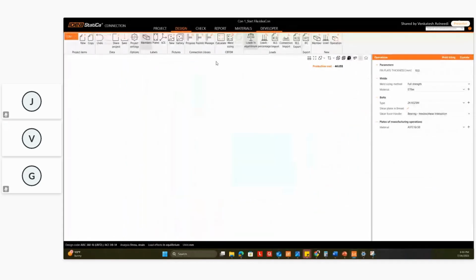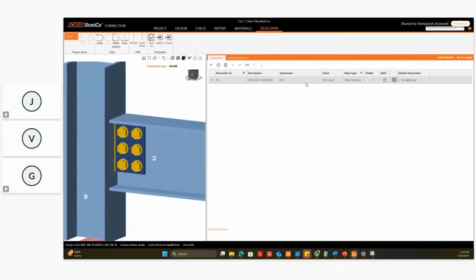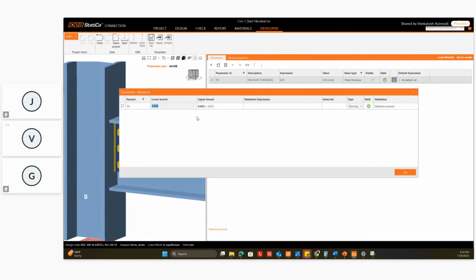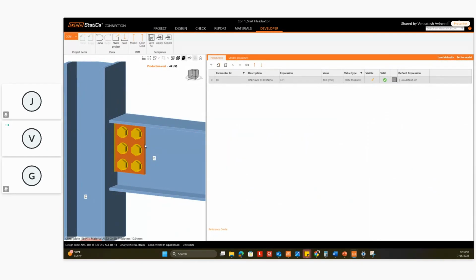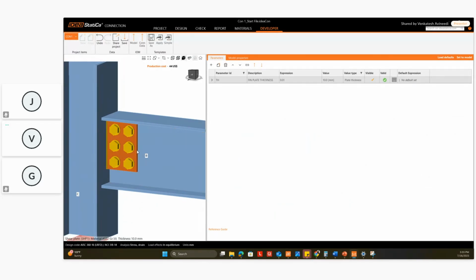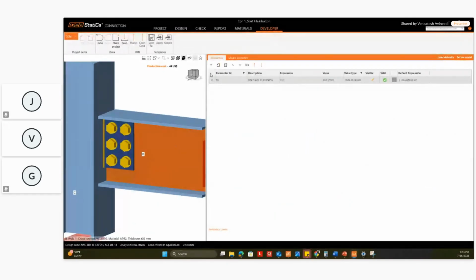One more way to restrict the plates is with an expression. Here, I have specified constants like 6 mm and 25 mm, but in reality, maybe we will be considering the plate thickness to be equal to the web thickness of the member which is connected, and maybe restricting it to not greater than 2 times the member web thickness. If you want to define that as an expression, then I need the actual web thickness, which is a variable. So to get that, I will create a new parameter,